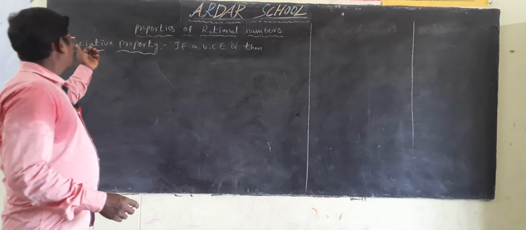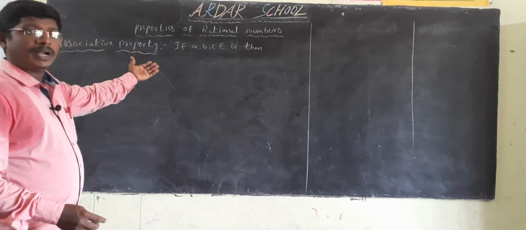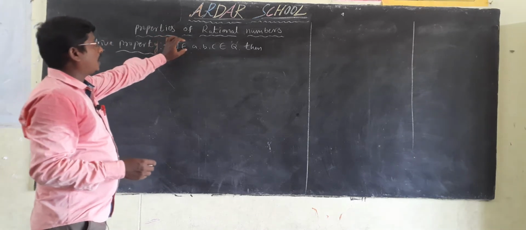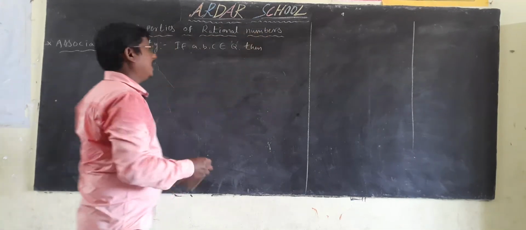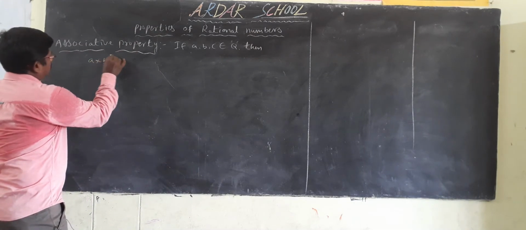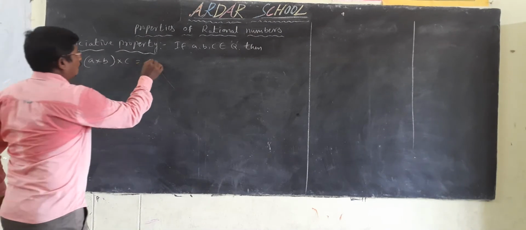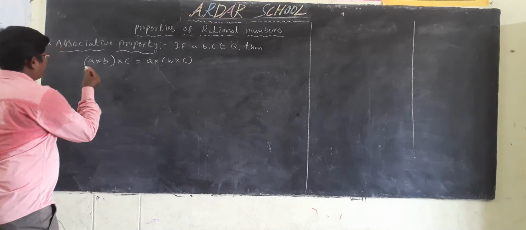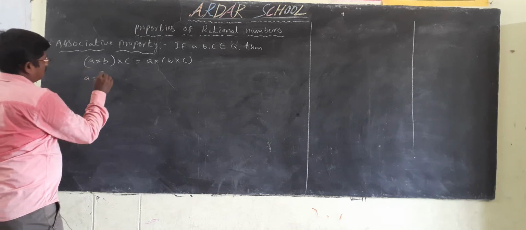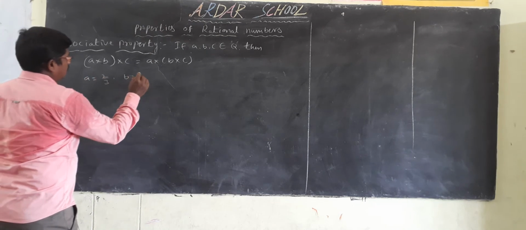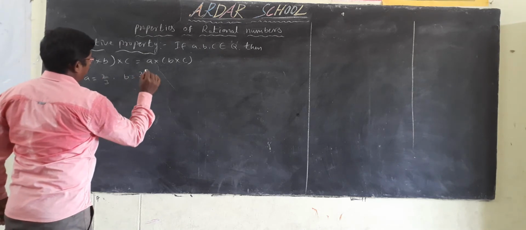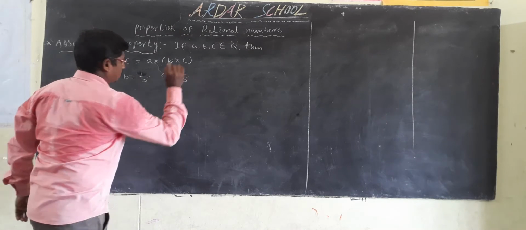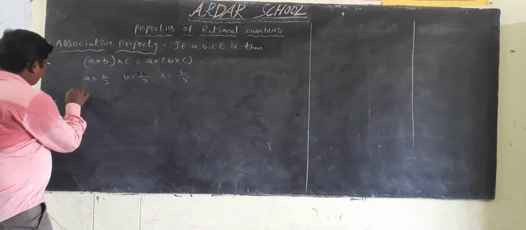Next, let us discuss the associative property under multiplication. The definition of the associative property under multiplication is: if a, b, c belong to Q, then a into (b into c) is equal to (a into b) into c. Okay. So take another example: a is 2 by 3, b is 1 by 5, c is 2 by 5. Okay. So LHS is equal to